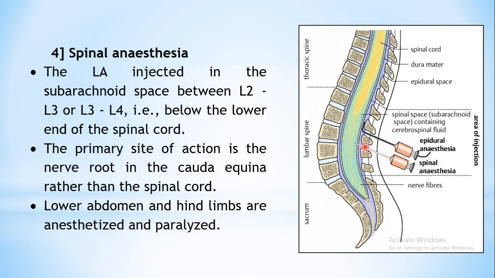So here the injection will be given over here. This is showing the spinal anesthesia. So you need to inject it in such a way that the local anesthetic will reach the subarachnoid space. If you can imagine, you are giving the injection from the exterior, you are not able to see which is the layer. So this particular injection has to be given very skillfully.